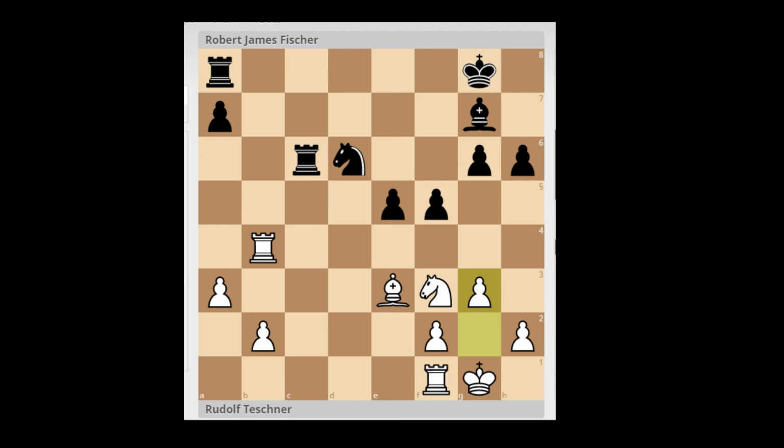In the game, Fischer continued with g5, which is a nice move. It might be tempting instead of g5 to play e4 to gain a tempo against the knight, but it also weakens the d4 square, and it also makes it more difficult to play f4 because you no longer have a pawn on e5 to support this push. So you lose some possibilities, or you have to prepare this f4 more. So g5 is stronger, and after g5,